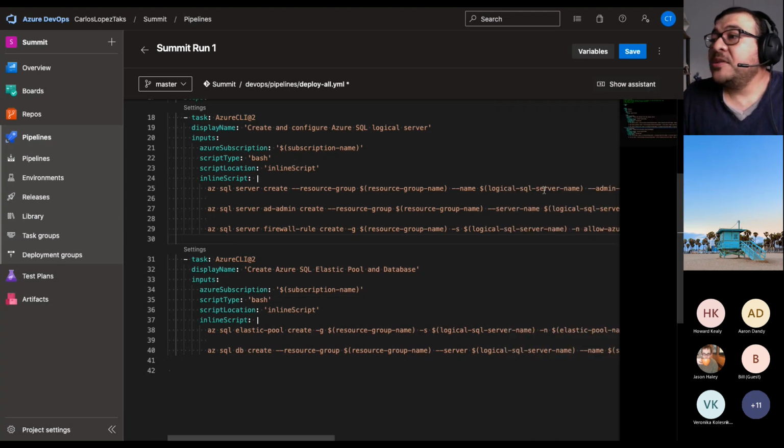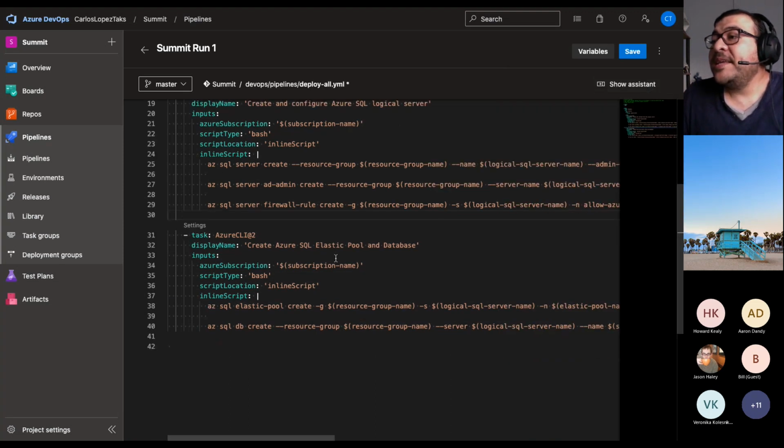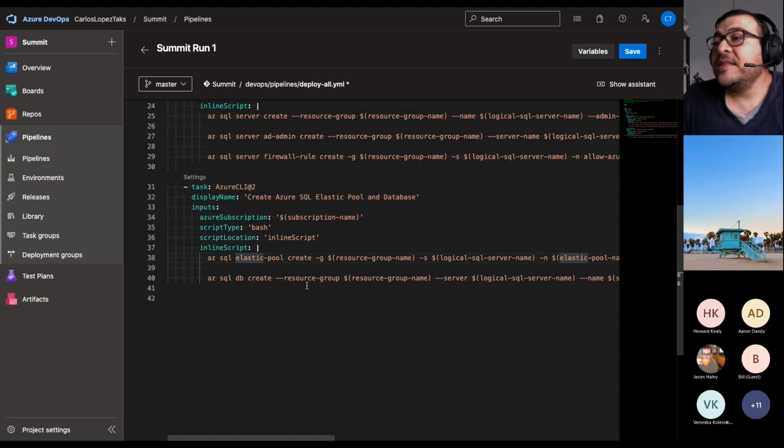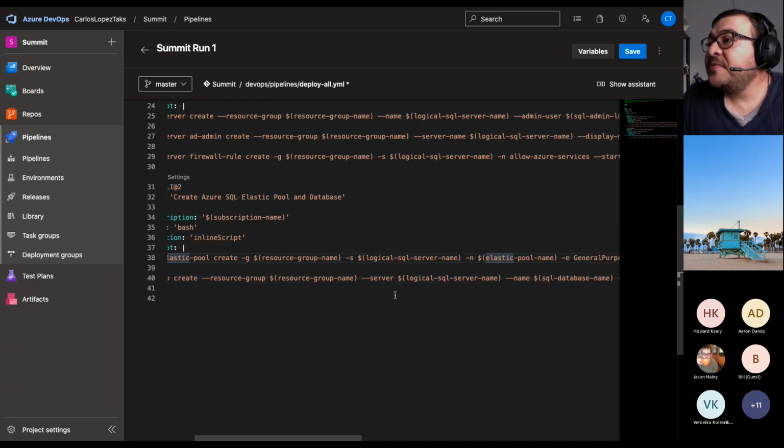So let's continue. The second part is creating the elastic pool for the Azure SQL elastic pool and database. The first line sends the command that says Azure CLI SQL elastic pool create with the resource group that we are specifying,